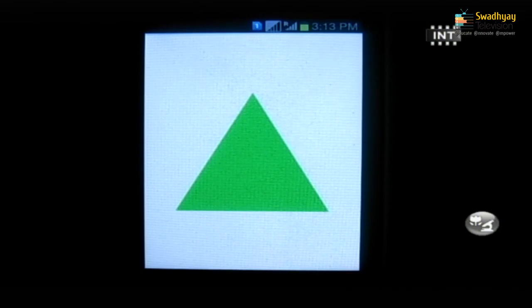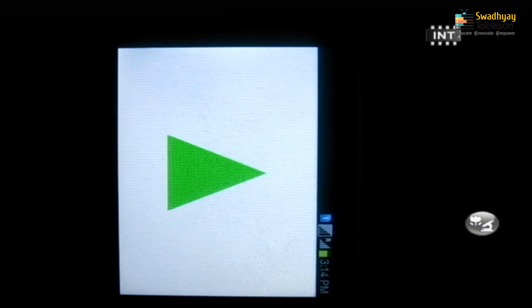When I change my orientation to landscape, it will automatically change my triangle to fit landscape mode using the onSurfaceChanged method. So, this is how we can draw shapes in OpenGL ES.